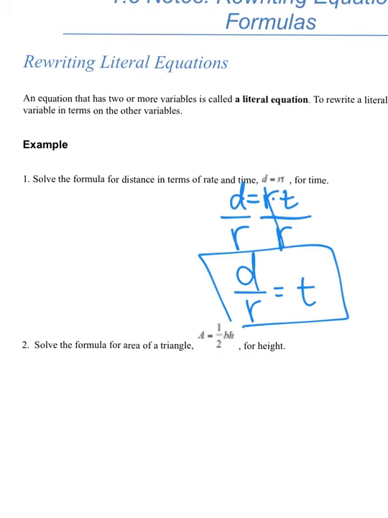And then for the second one, I'm solving for area of a triangle initially. So a equals 1/2 b times h. And I want to solve for height. So if I'm solving for height, that means I'm solving for h. So this is what I'm starting with. And if I want to solve for h, I need to isolate h. So I have a half, I have b, and both of them are multiplying onto the h. So if I want to move the 1/2 over to the other side,